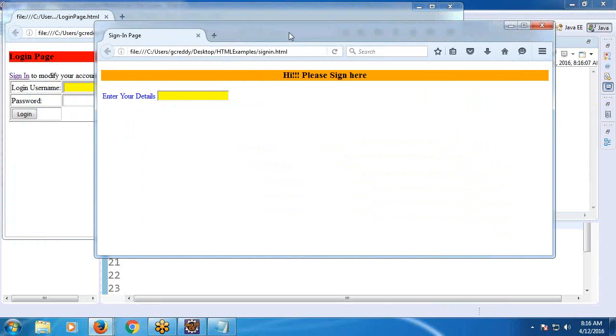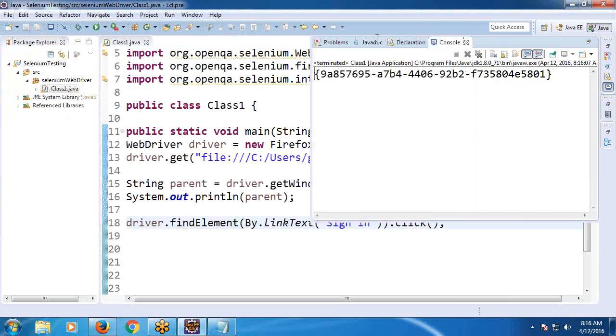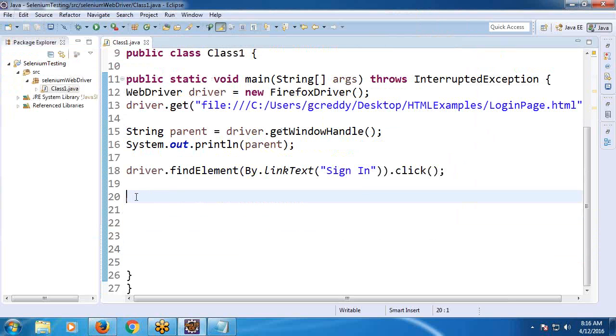See, now two browsers, na. Next I want to take the browsers count. That is string, and browser count. Multiple browsers, na. I'm using the Set class. Set of string. Suppose the name is browsers, equal to